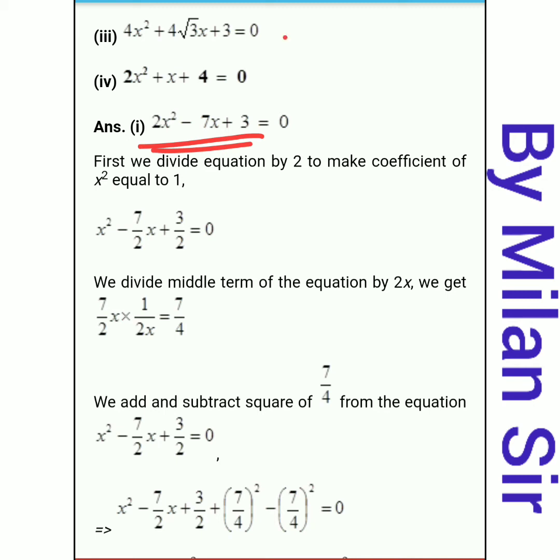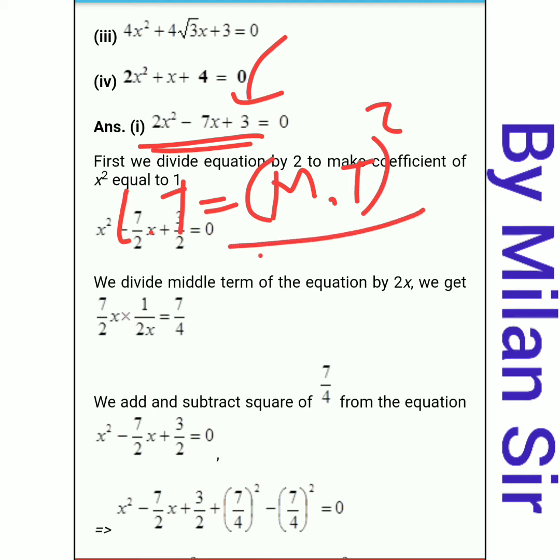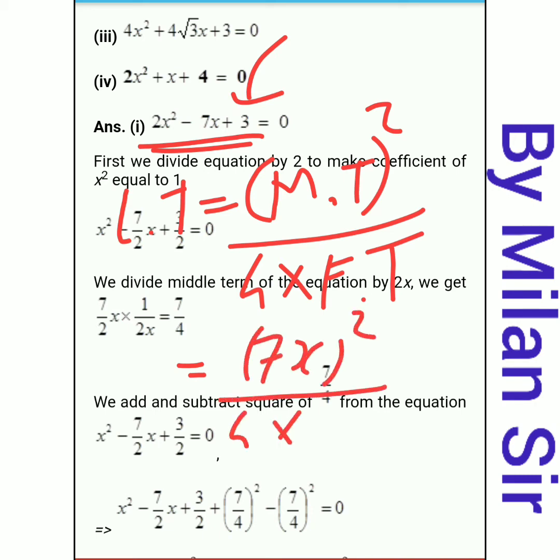And for that, we need to change our last term. Okay. So we have one formula for our last term, that is LT means last term: middle term MT all square divided by 4 multiply first term. Okay. Now middle term, right now it is 7x, right? So 7x all square divided by 4 multiply first term 2x square.